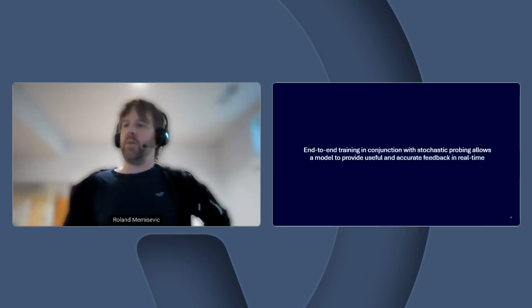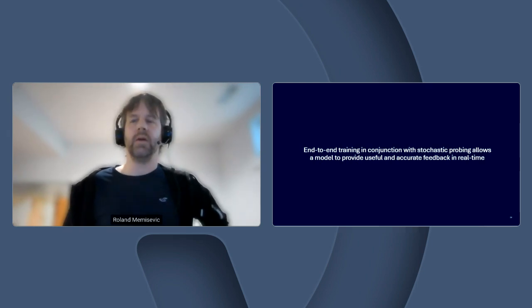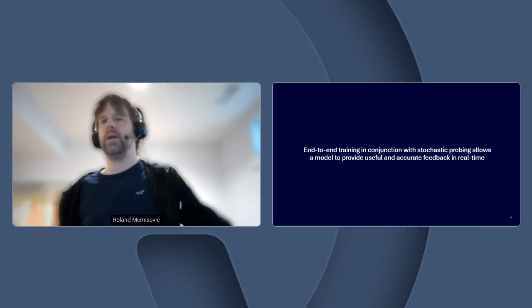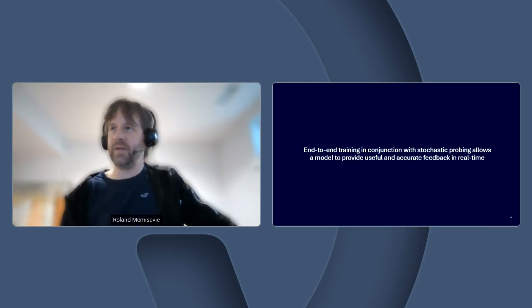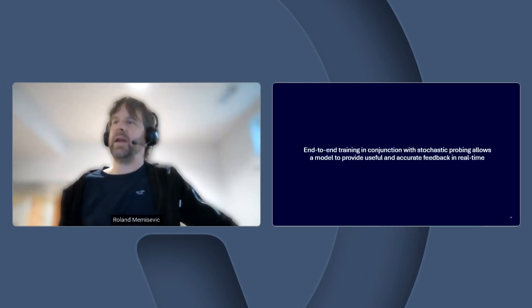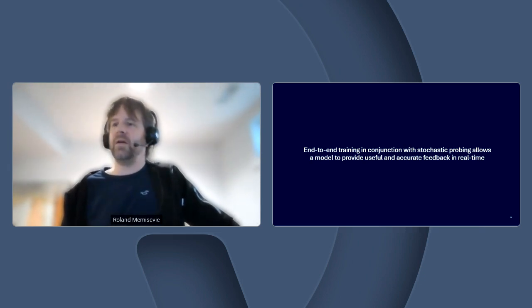Okay, so if you take this model, 3D ConvNet, that is inference friendly because it does steppable causal convolutions, attached to a pre-trained language model like Llama, and trained on end-to-end sequences to provide coaching advice, then we get a real-time model that can now ingest the video feed and respond to the user while being informed about all the little mistakes, all the little things that the user is doing well in the moment, and then based upon that, take a decision about what to say at what point in time.